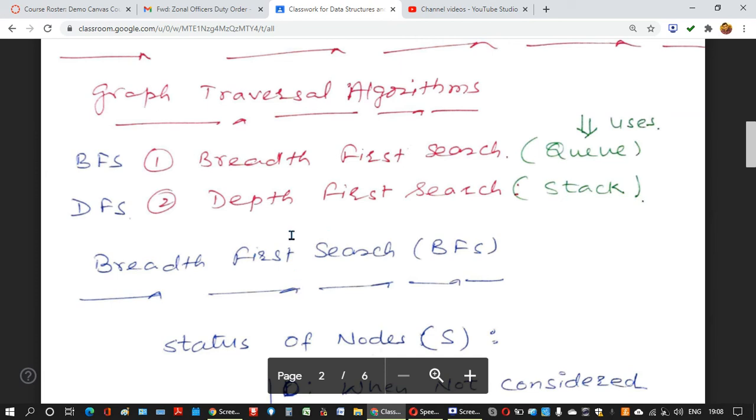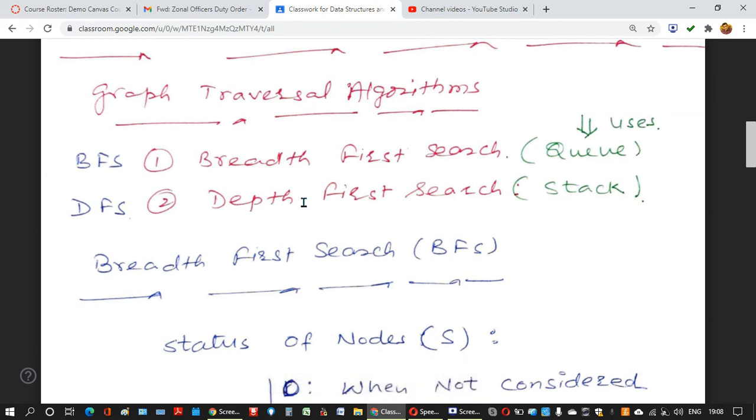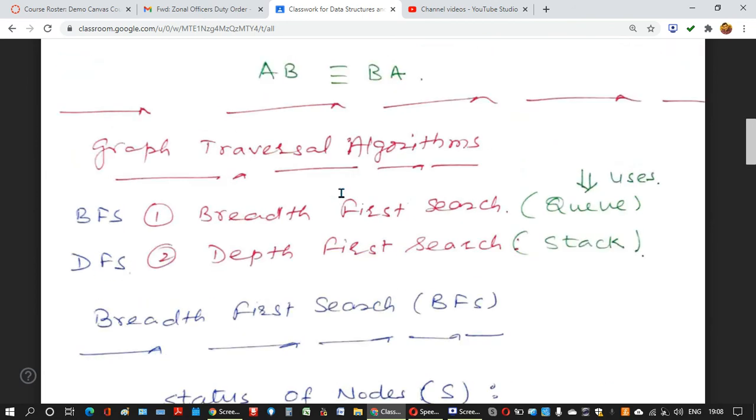For the time being, I'm stopping here, and I will record another video where I will discuss graph traversal algorithms, BFS and DFS, because it is going lengthy. So in the next lecture, I'll be discussing BFS and DFS algorithms. I stop here. So you watch video 1 and video 2 for graphs, and you will be clear with the representation schemes of graph. Those are called sequential or linked representation. Sequential representation means adjacency matrix, and linked representation means adjacency list. Thank you very much.